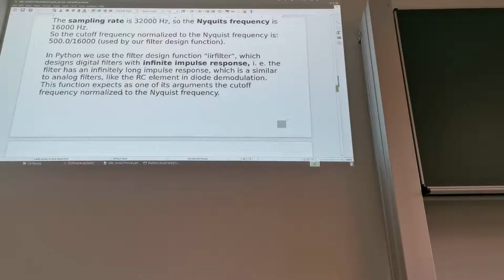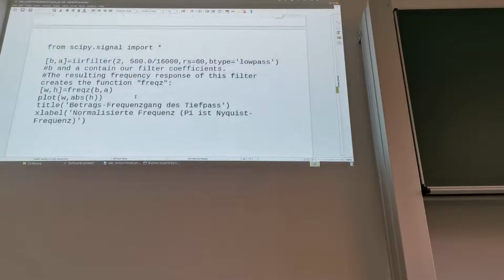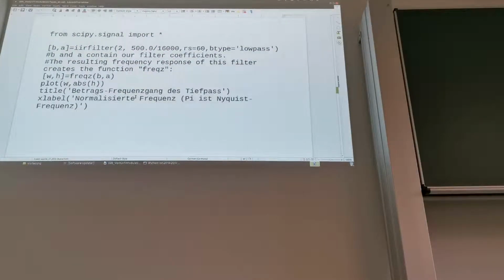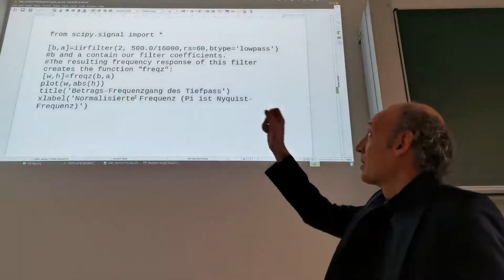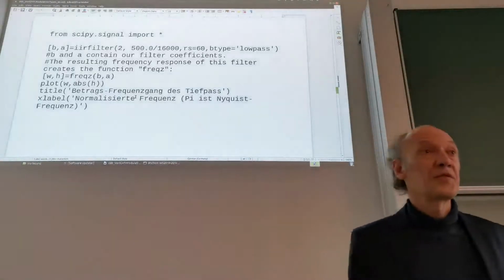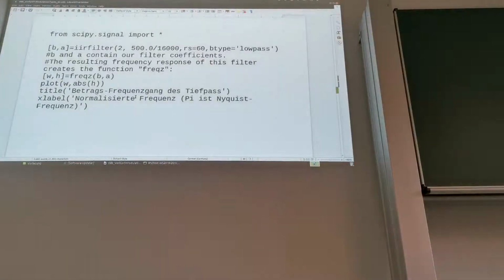Yeah, so this function from Python, this IIR filter, expects as one of its arguments the cutoff frequency normalized to this Nyquist frequency. So here's the example. This IIR filter function is part of the library SciPy signal. So first I import it here, and then I call this filter function. The first argument is